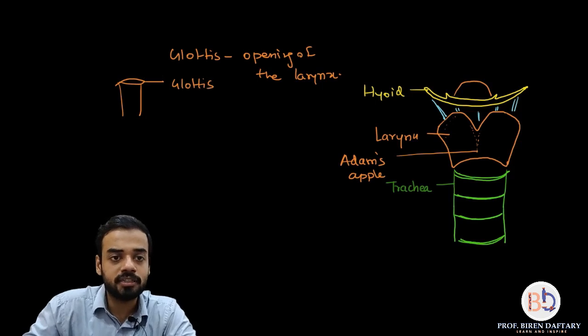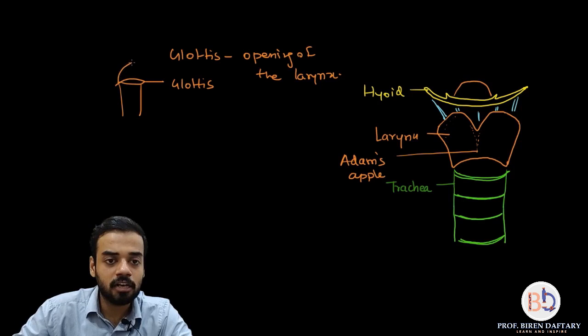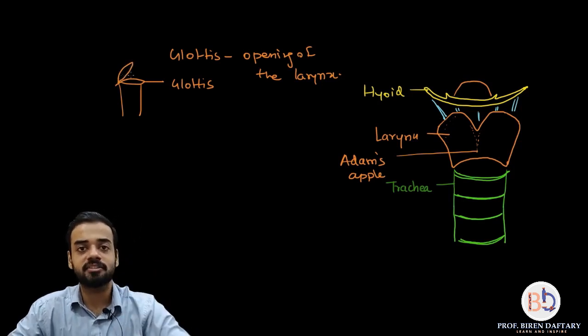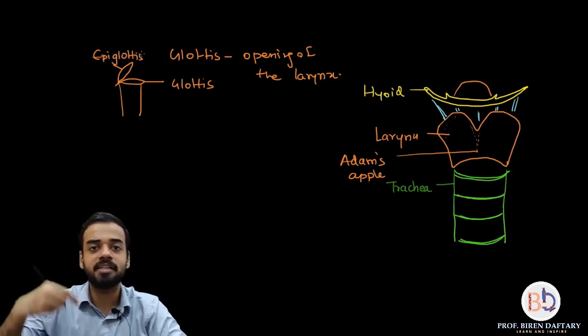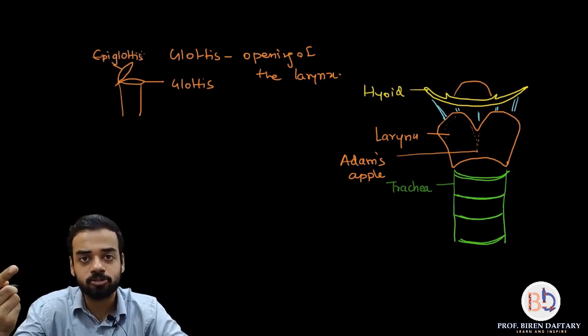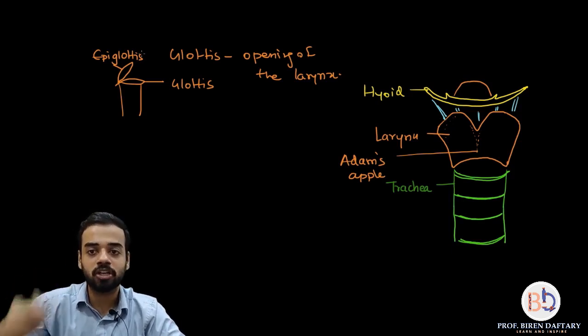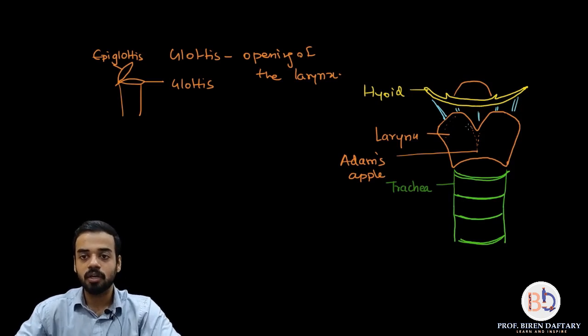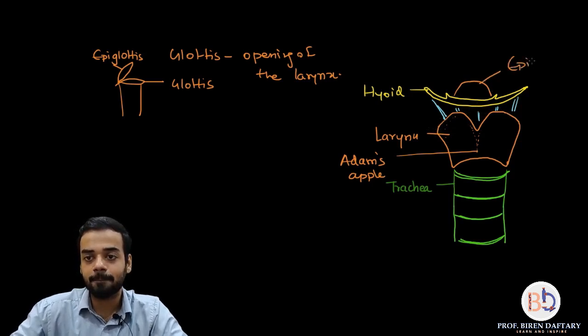Now on the glottis there is a protective mechanism. Okay, and there is a valve like structure, a lid like structure which can open and close, and that is called the epiglottis. Now in biology normally epi means above, please remember, epi means above, sub means below. So epiglottis means a part which is above the glottis. So if you see this diagram now, this surface is the glottis, and this portion which is there, this is called the epiglottis.